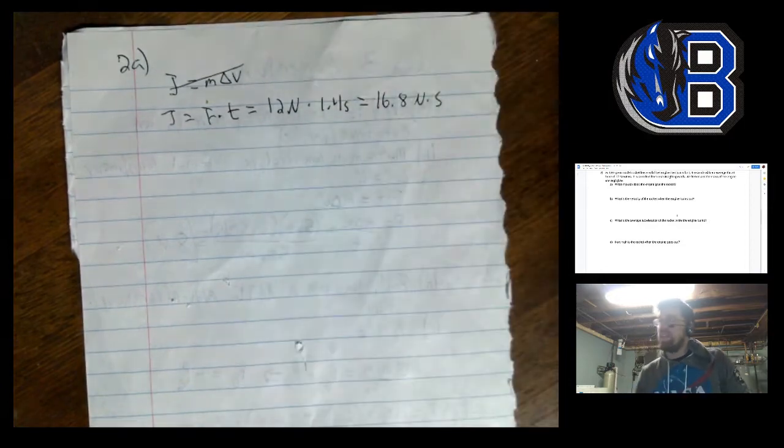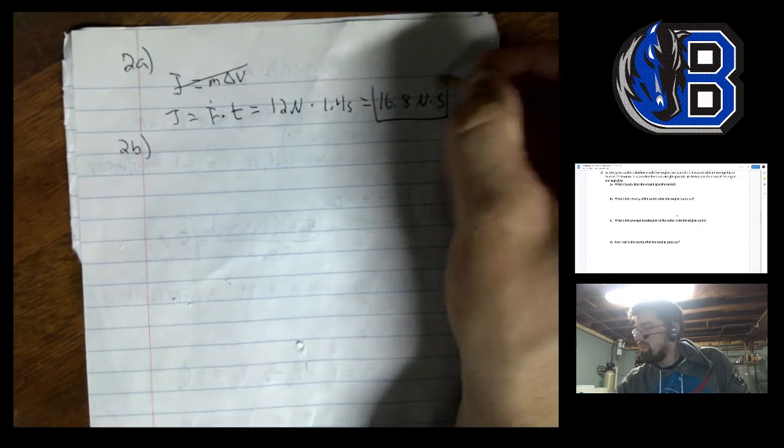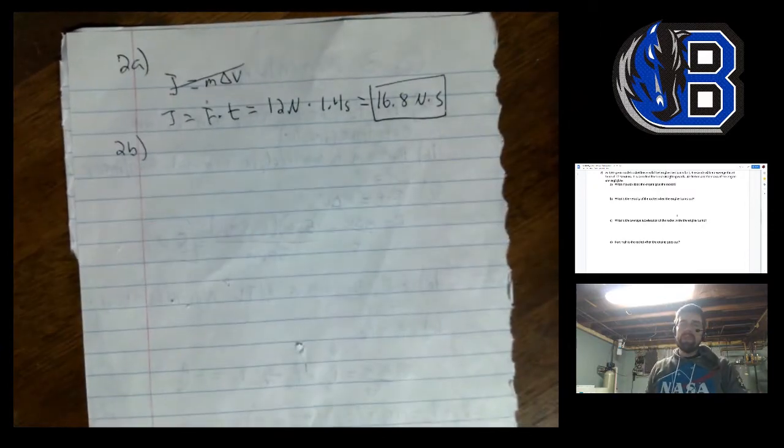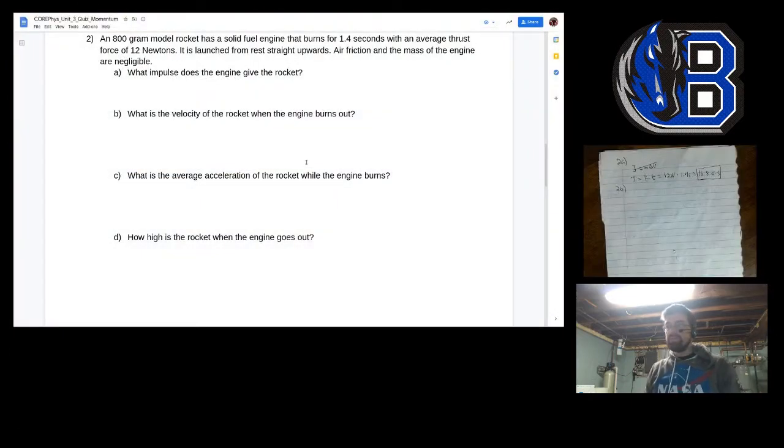Right, that's the kick given to the rocket by the engine. B, what is the velocity of the rocket when the engine burns out? We had a question just like this on the Unit 2 quiz. Okay, so